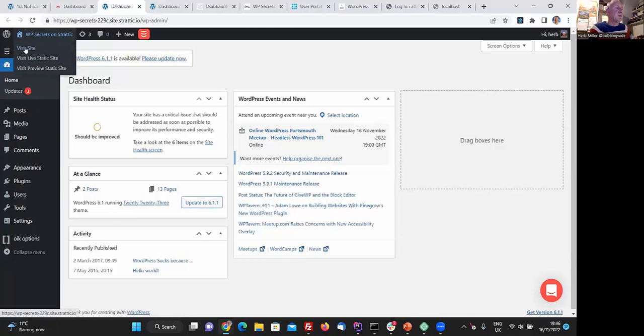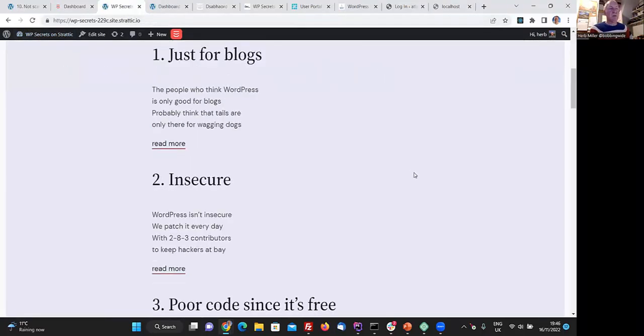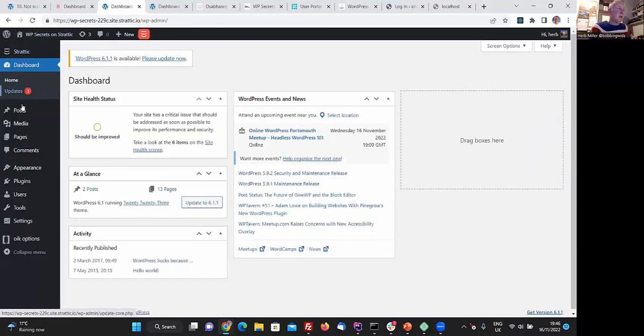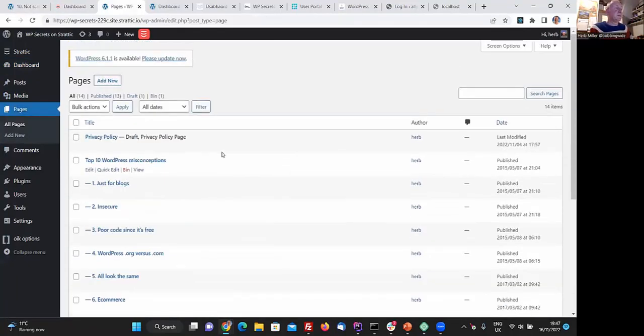And I think if I go and visit the website, I am now looking at my development site, so I can see what I'm creating. If I go into edit site, I'll be in the site editor. What's the replacement term for full site editing? If we go and have a look at my pages, you can see the content basically. Now, when I'm happy that I've changed the content, and I suppose you want me to change it when you